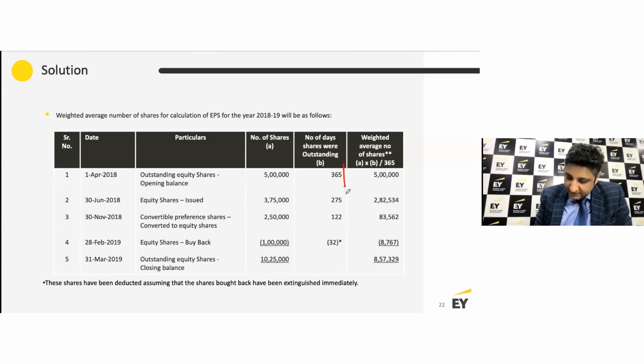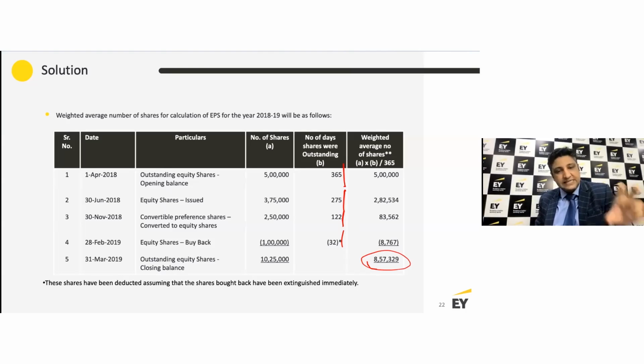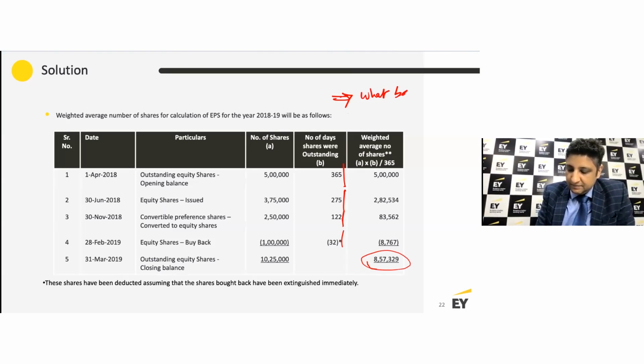In this question, the calculations are done on the basis of number of days. Absolutely fine, right? The average is not very different. In your examination, you should normally be expecting on what basis your examiner expects you to calculate that. They may say use number of months as the basis, or they may expect you to do it on the number of days as well. It does not really make any difference whatsoever, right?